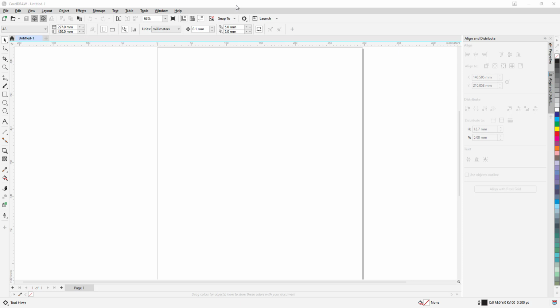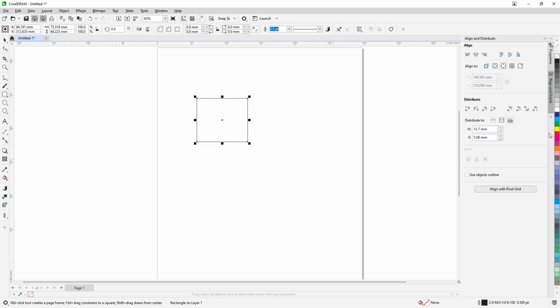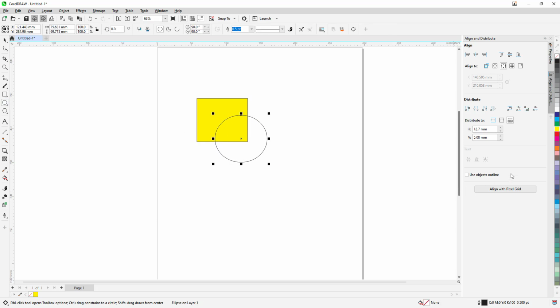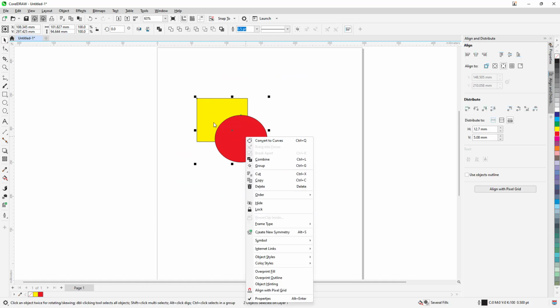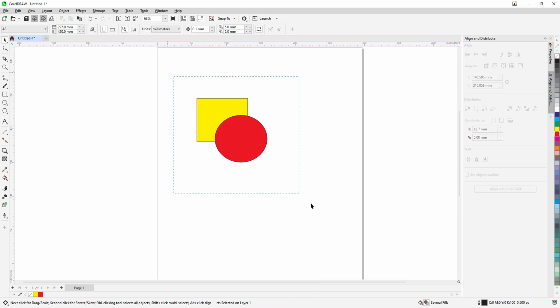So now let's see how we can go ahead and export out our graphic contents for web from Corel Draw. For that, I'm just going to make some random graphics right here, just like this. So let's say, for example, make these graphics out right here. Now what I'm going to do is select these to export